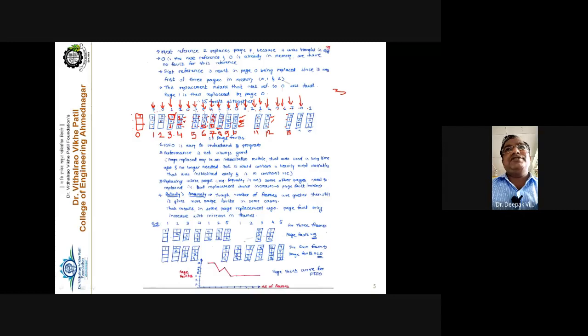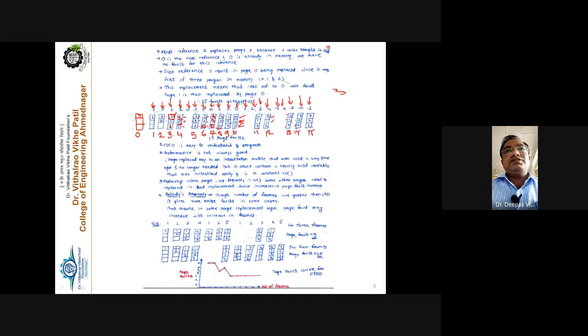Then the next memory reference is 0, not present inside the memory. Page fault occurs. So which is to be replaced out of 7, 1, 2? 7 is the oldest one. So replace that with 0. So it becomes 0, 1, 2. Then the memory reference goes to 1. Hmm, then 1 is not present. Page fault number 15 occurs. So which is the oldest one? 2 is the oldest one. So replace it, giving 7, 0, and 1.